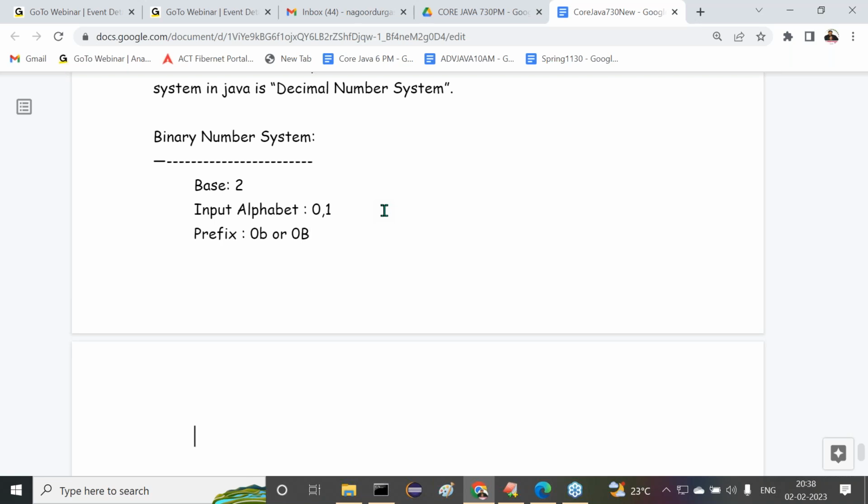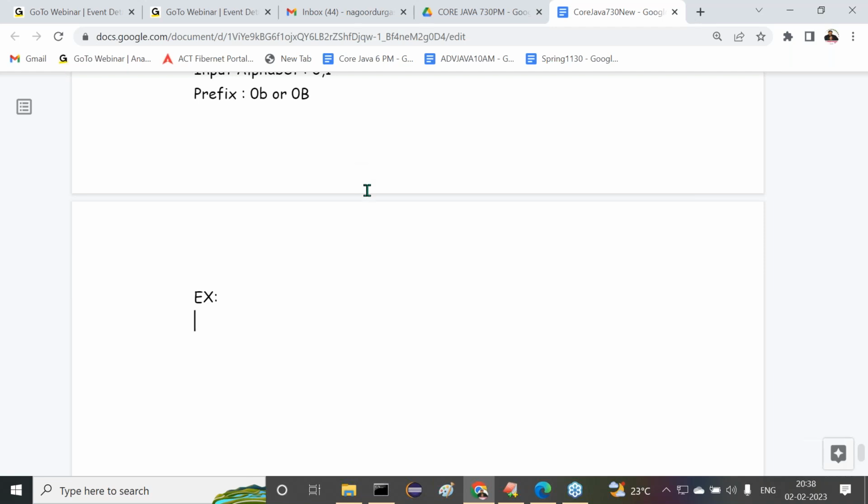Now let's observe carefully. Now I'm giving some examples so we can understand valid and invalid content in the binary number system. Say for example, int a is equal to 10 directly. Int b is equal to 0 small b 1010.